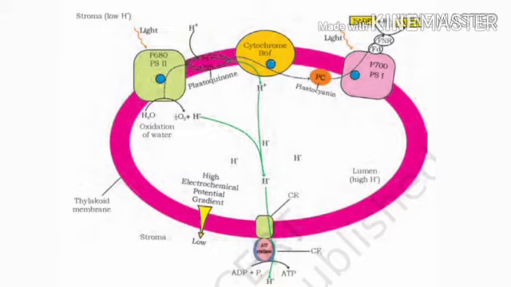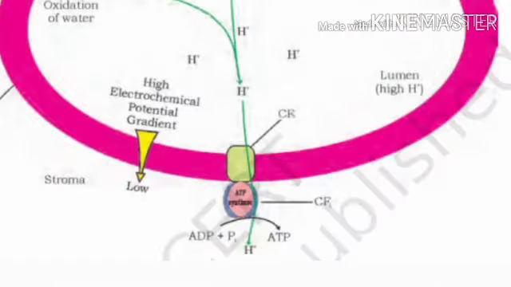I told you that the chemiosmotic hypothesis will generate ATP using the proton gradient. Now let's see how it generates ATP. The increased proton concentration inside the thylakoid membrane increases the acidity of the thylakoid membrane. To neutralize that, it has to push out the hydrogen ions to the stroma. There is only one way for the hydrogen ions to go out of the thylakoid membrane, that is ATP synthase,